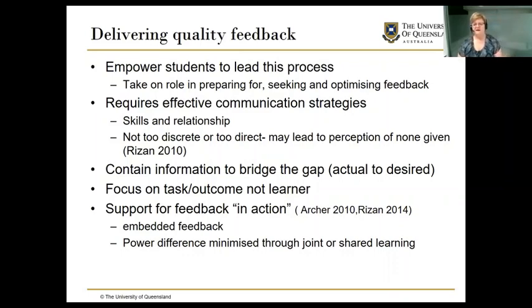Okay, if we look at the delivery, so in suggesting there are influences on quality feedback, then the delivery has to be one of those. We've talked a little bit about the interactional process, and in doing so, what we really want to do is promote a dialogue. So monologues and feedback are something that, with the best of intentions, can often result